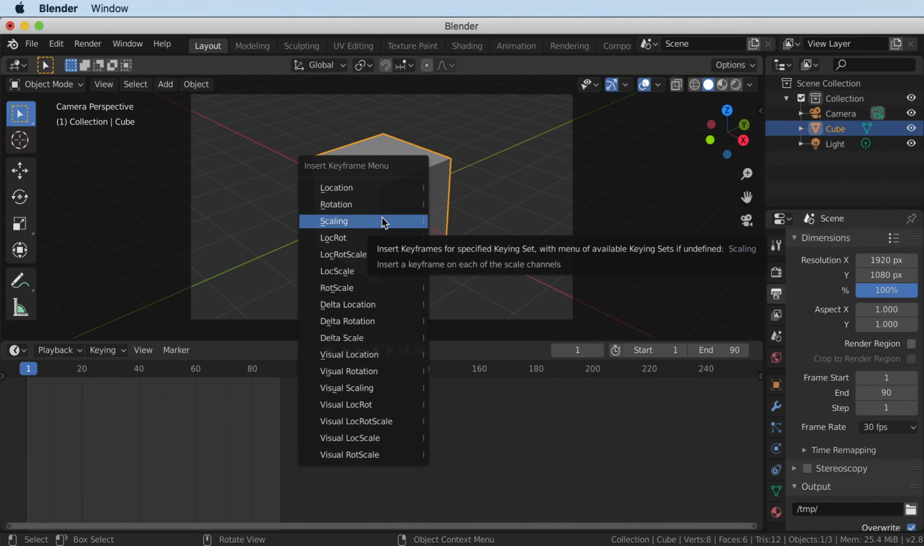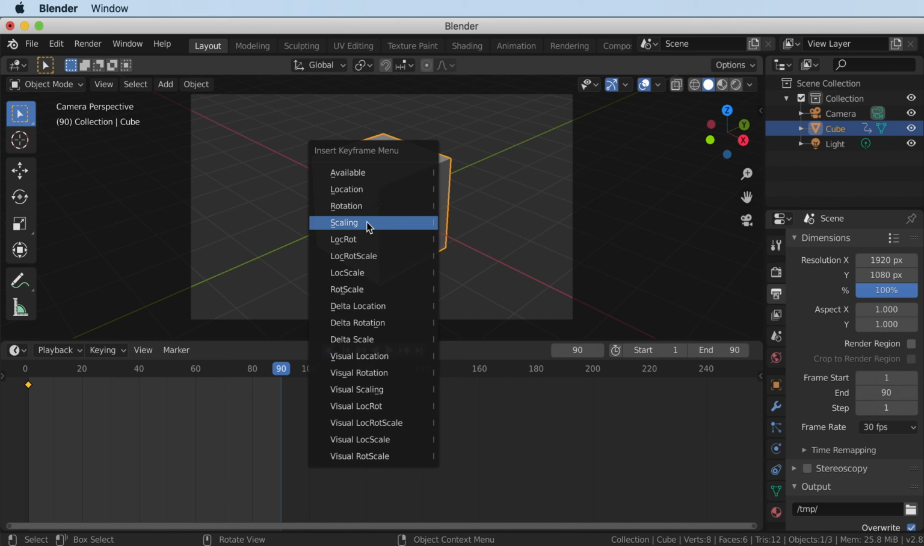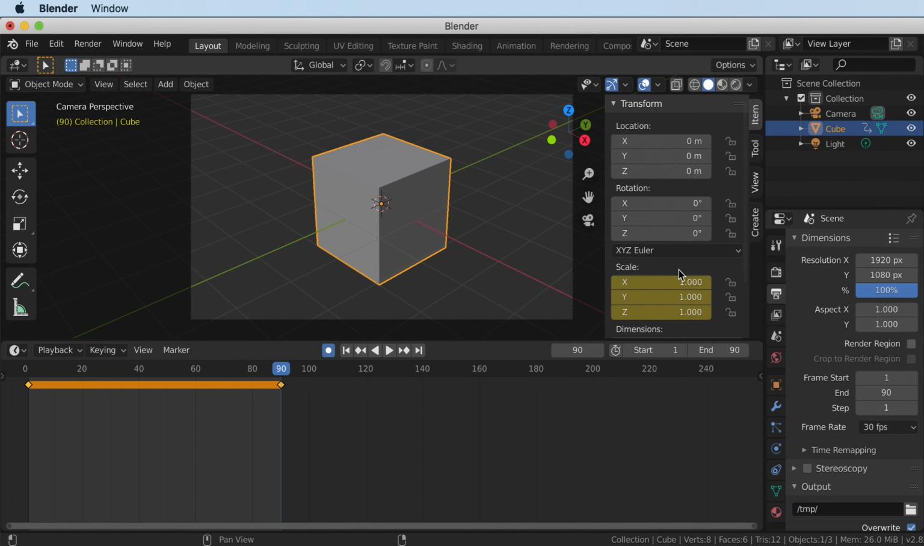So for this tutorial, we're going to choose scaling, and you see it created a keyframe right here, and we're going to create another keyframe at frame 90. Same process, push I on your keyboard, select scaling, and we're going to click N, and we're going to come